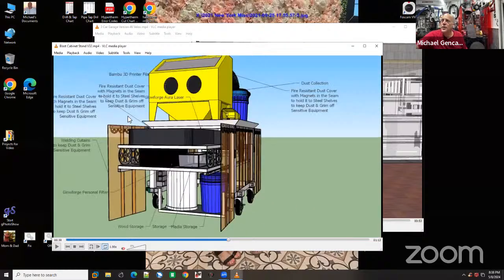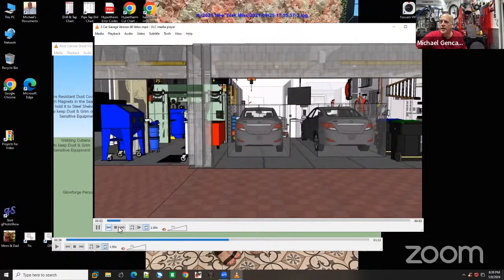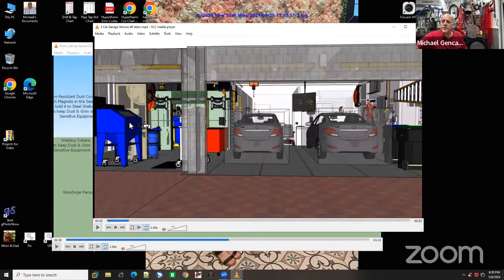So there it is. I had a big blast cabinet in my old shop, and I can show you that here. This I also did in SketchUp. This is when I was laying out my shop. I had a giant